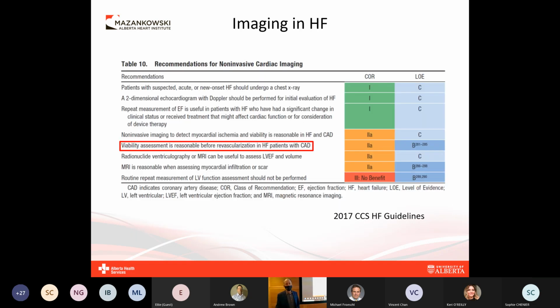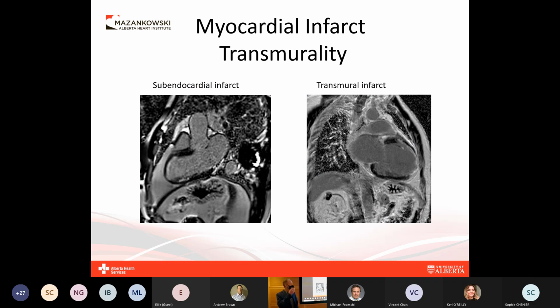The same 2017 heart failure guidelines recommend cardiac imaging to assess myocardial viability in patients with heart failure and coronary artery disease. These are two examples of patients with myocardial infarction using a technique called late gadolinium enhancement to characterize infarction. In this example, infarcted myocardium appears as white, and viable myocardium appears as dark. On the left, we have a 3-chamber view depicting a mid-LAD distribution subendocardial infarction. On the right, we have a 2-chamber view depicting a transmural